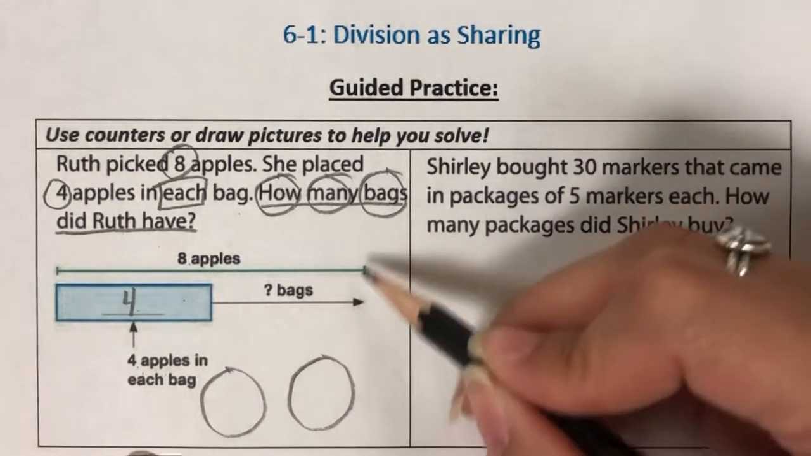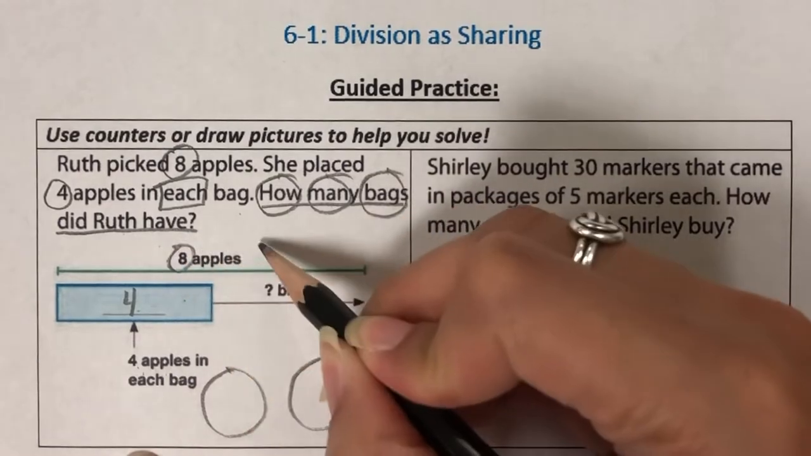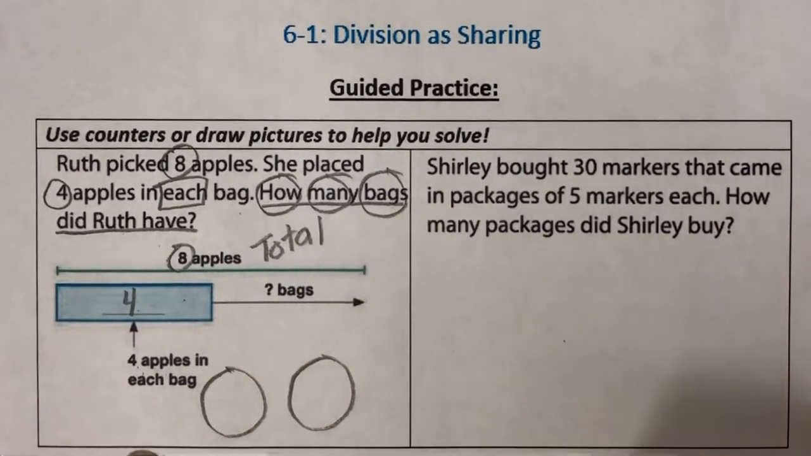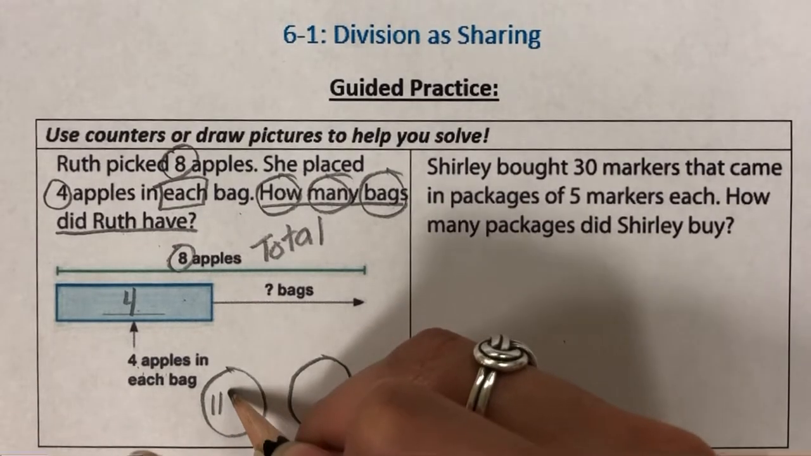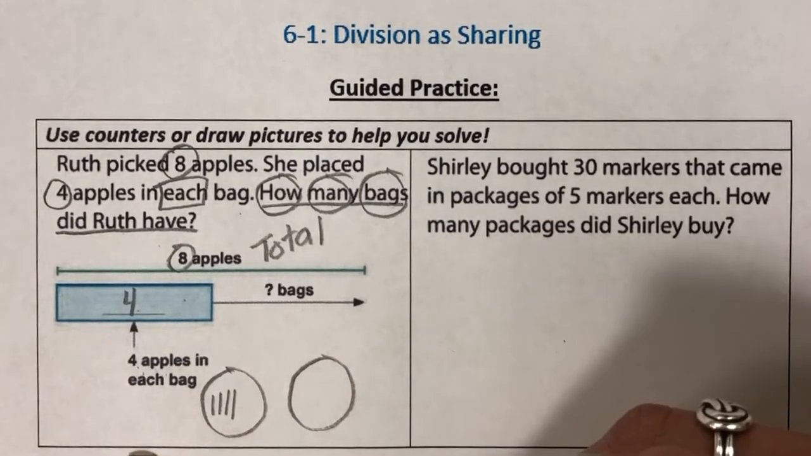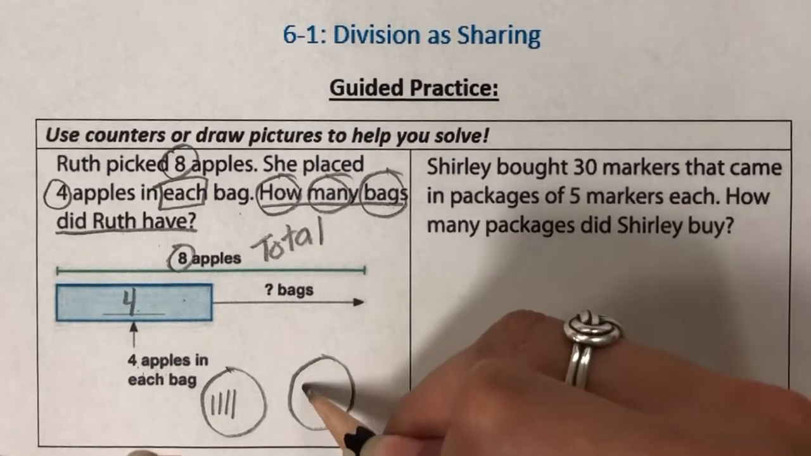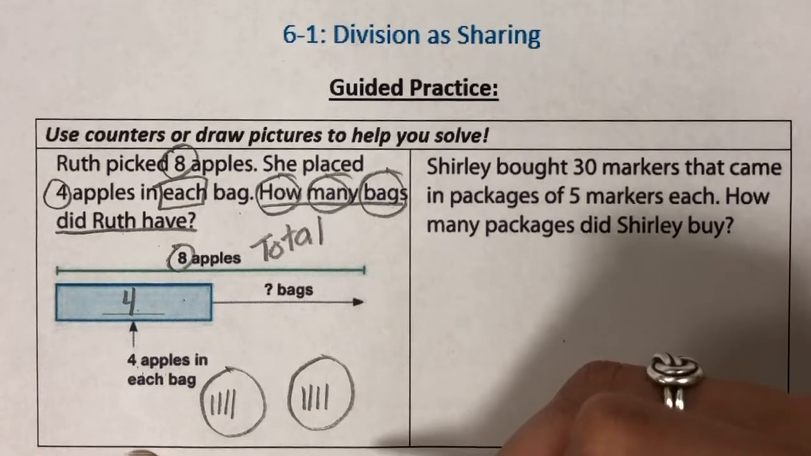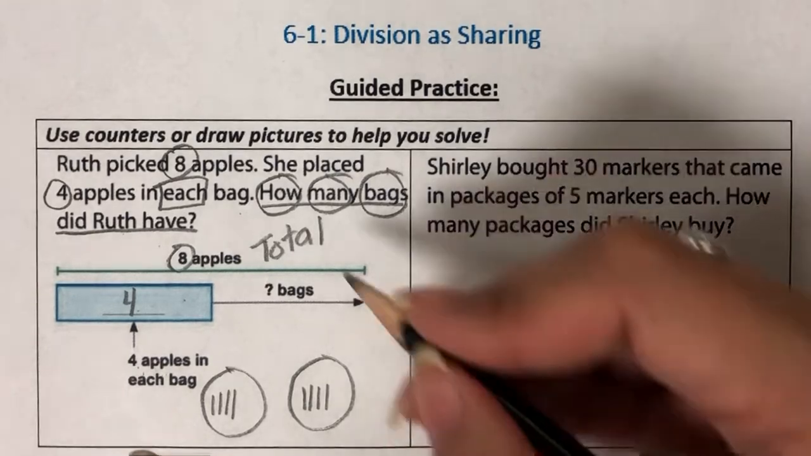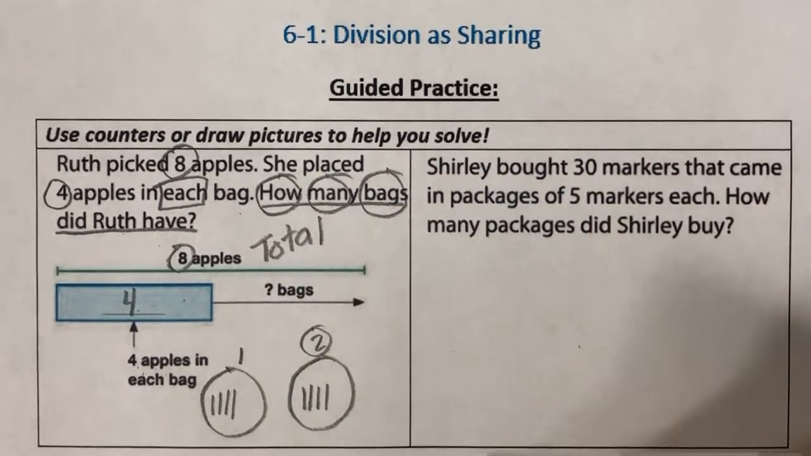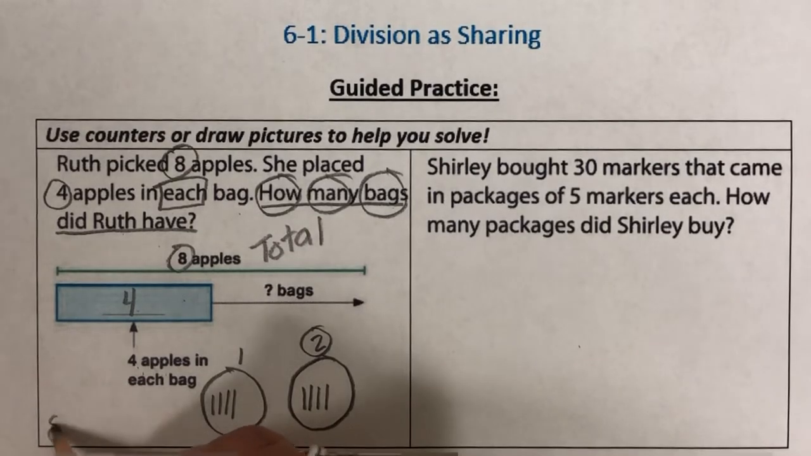Okay, and this strip diagram tells me my total. Total is 8 apples. We already have 4 used. We need to use 8, so I can put another 4 here, repeat the same number, and I've used my total. How many bags? 1, 2. 2 bags. So my division sentence is 8